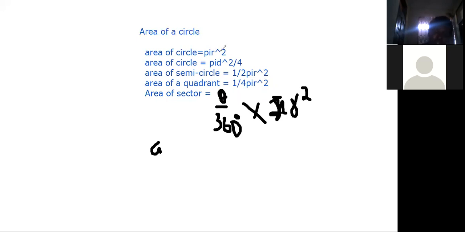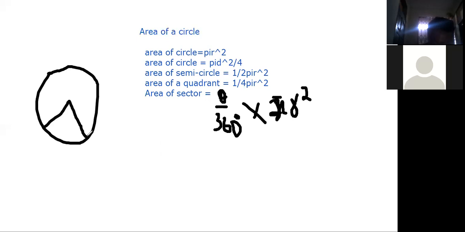So when you are given a circle like this, the angle is here. Let's say this is Q, here is P, here is O. Now if you want to find the perimeter of the minor sector OPQ, it is given by 2r plus the length of